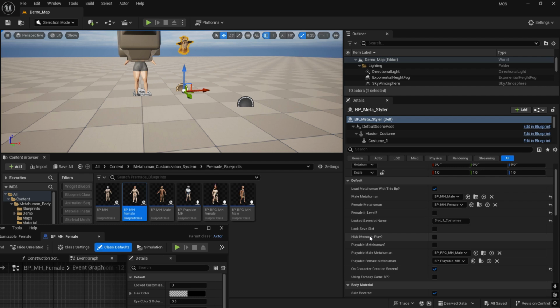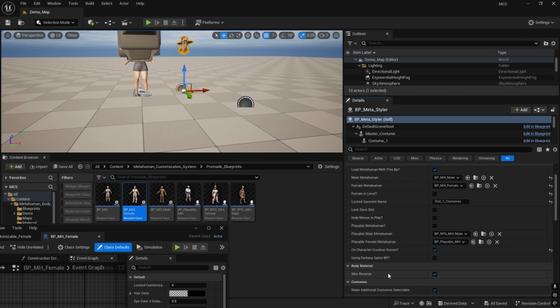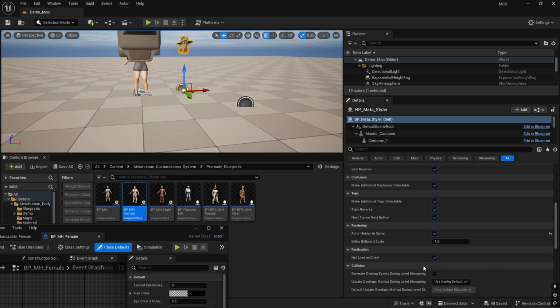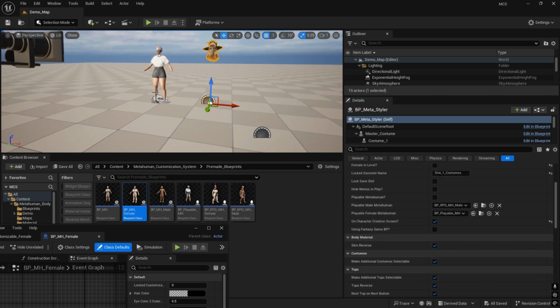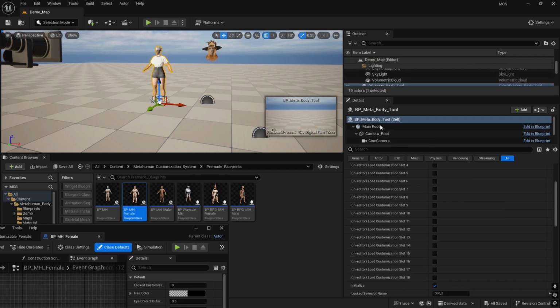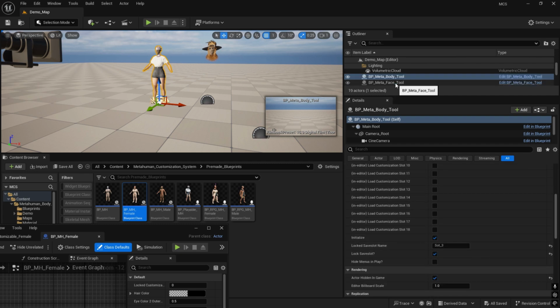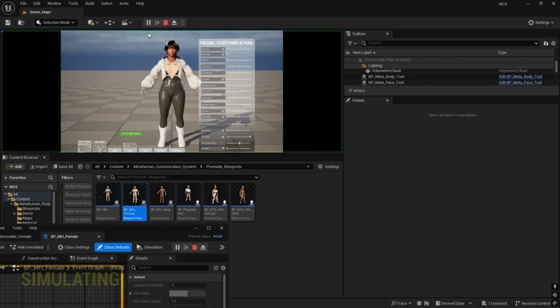So here we have hide menus in play. Okay, so it's not on this blueprint, it's actually on this blueprint. Okay, so not the meta styler, the meta body tool. Okay, there is also a meta face tool, if you want to do something with that, but there is a button here, hide menus in play. Okay, so if you enable this and click play,